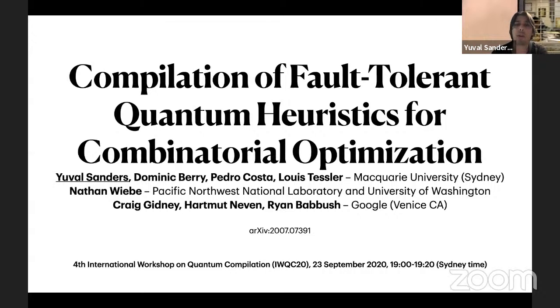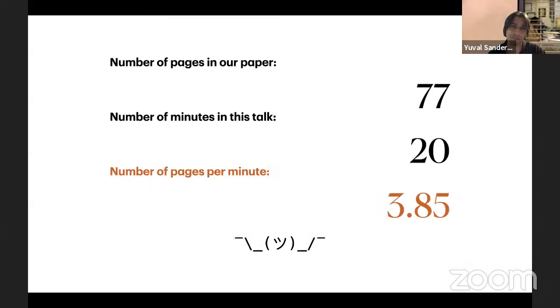We have a paper on the arXiv, so you can take a look at the paper if you like. That's in small letters over there. And yeah, I'm coming to you from Sydney, so it's actually nighttime here. And also, because I'm in Sydney, we use British spelling, and you guys are in Cambridge, and you use British spelling. I will also use the correct spelling. So, apologies to the Americans, I suppose.